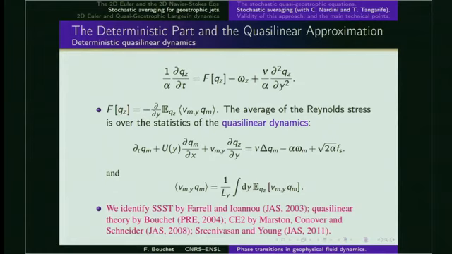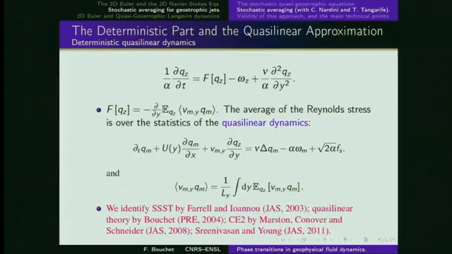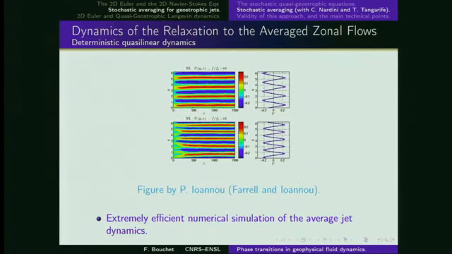And then it gives you an Ornstein-Uhlenbeck process, and you compute the effect of the fluctuation averaging over this Ornstein-Uhlenbeck process on the large scale, and this is the meaning of this new nonlinear term that appears here. So these were already discussed before phenomenologically by other people, for instance Farrell and Ioannou. And this is a classical thing that we obtain, for instance, in the kinetic theory of plasma.